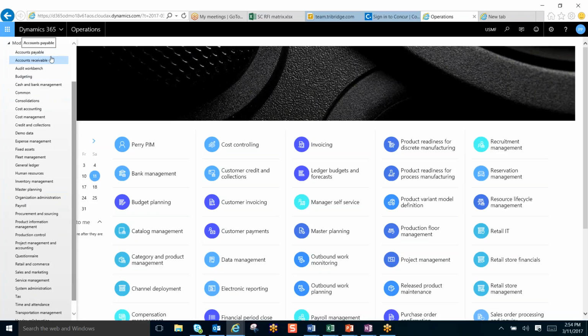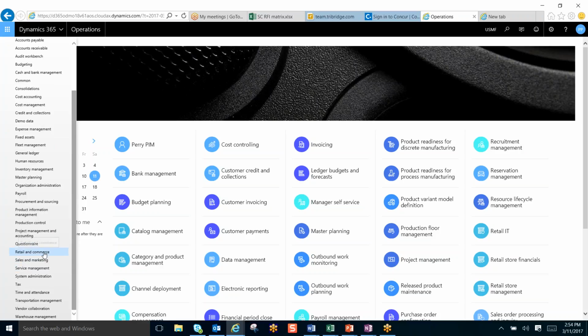So you get everything. So AP, AR, Audit Workbench, Budget, Cash and Bank Management, Consolidation, Cost Accounting, Cost Management, Credit and Collections, Expense Management, Fixed Assets, Fleet Management, General Ledger, Human Resources, Inventory, Master Planning or MRP, Org Admin, Payroll, Procurement and Sourcing, Product Information, Production Control, Project Management and Accounting, Retail, so we have a full point of sale module as well, Sales and Marketing, Service Management, System Admin, Tax Integrations, Time and Attendance, Transport, Vendor Collaboration Portal, and